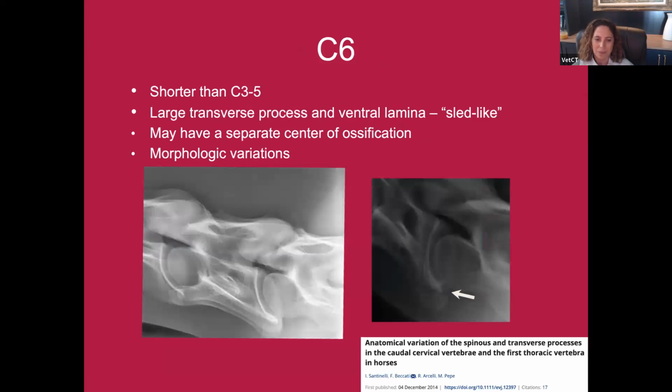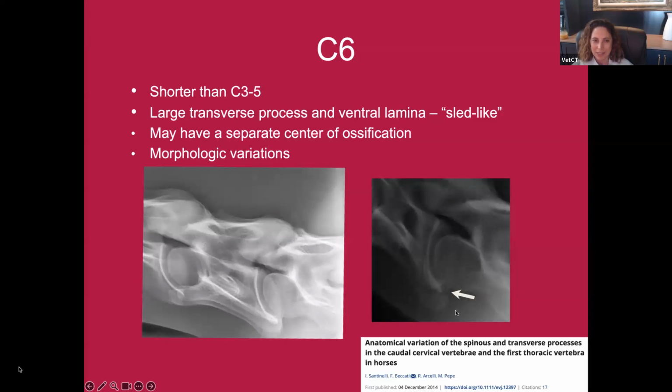C6 also has a unique appearance. I'm from Florida, so I wouldn't know, but they say it looks like a sled or a sleigh. It has these large ventral transverse processes. So it's a transverse process cranial and then a ventral nerve ossification. It's not uncommon for you to see a sort of separate little fragment here, and that's absolutely normal